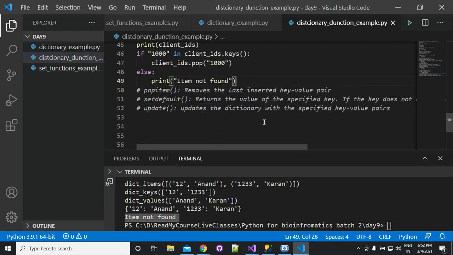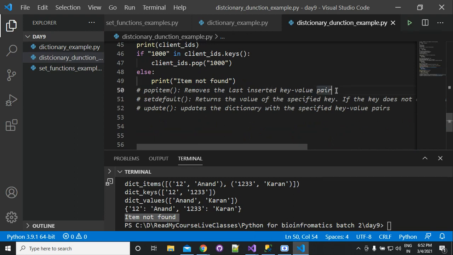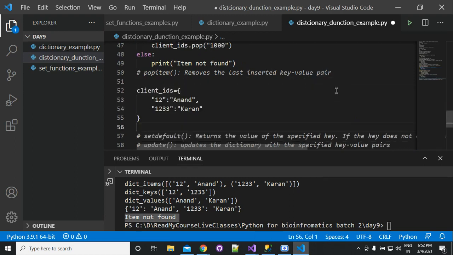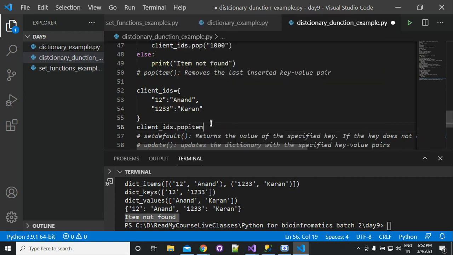Okay. So next is popitem. It removes the last inserted key and value pair. Suppose that we have this dictionary, and then you run the command client IDs dot popitem.